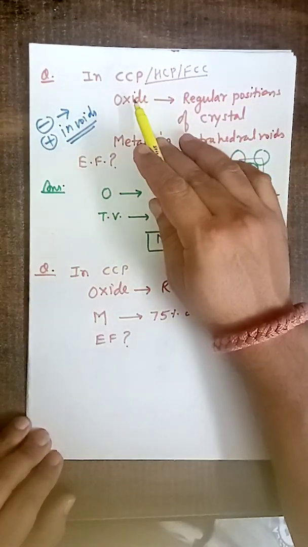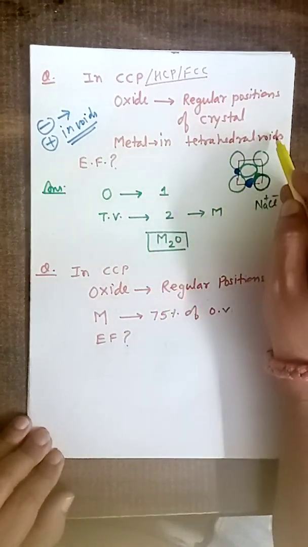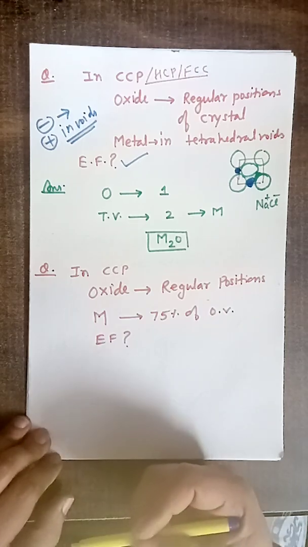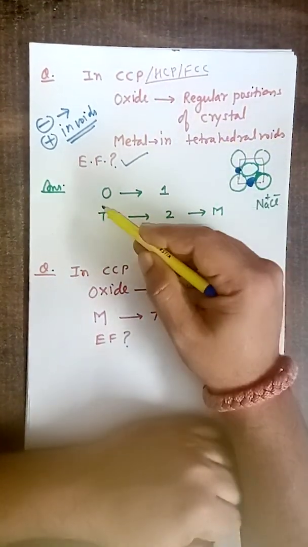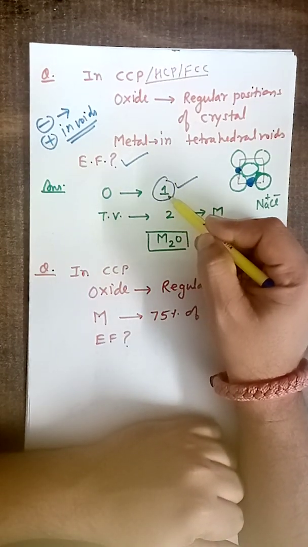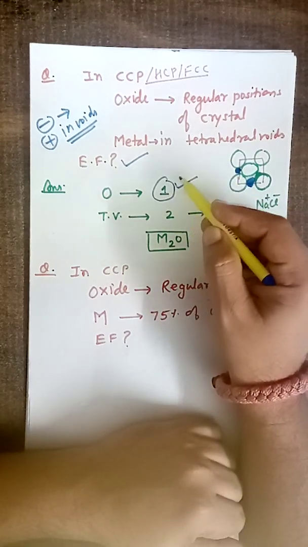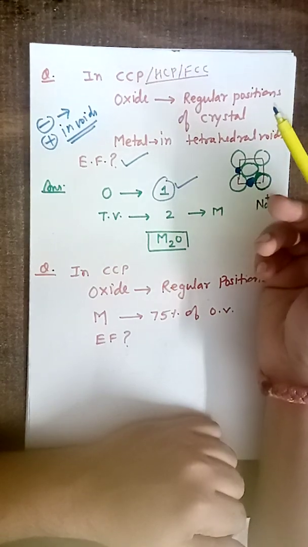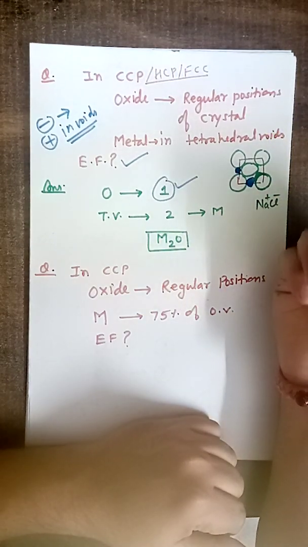So here also the question is given oxide at regular position and metal in tetrahedral voids. You have to determine its empirical formula. Because oxide at regular position, you can start let oxygen is 1. You can assume oxygen is X. You can assume oxygen is 4. Oxygen is Na, whatever. But because we have to calculate empirical formula, which is the simplest whole number ratio, it will not make any difference in the final answer.